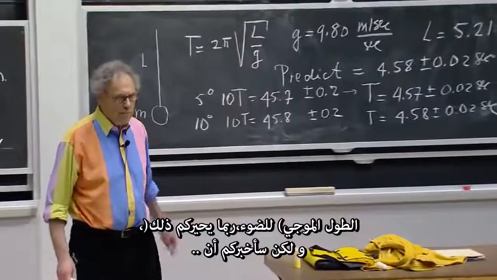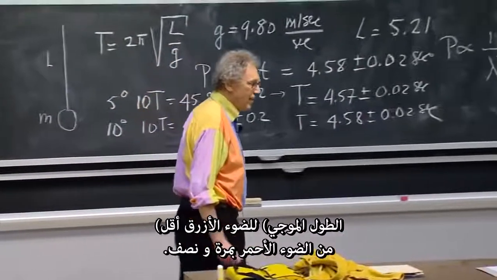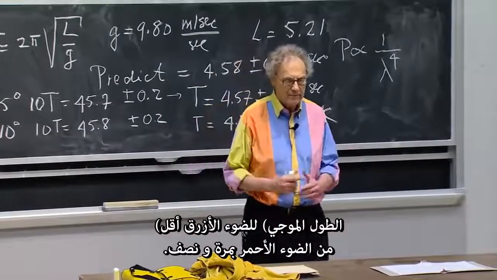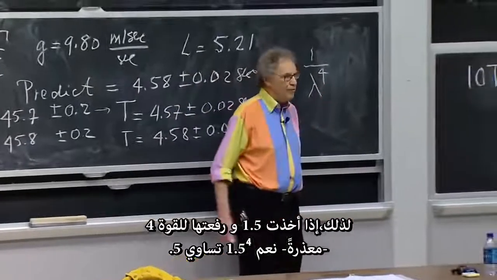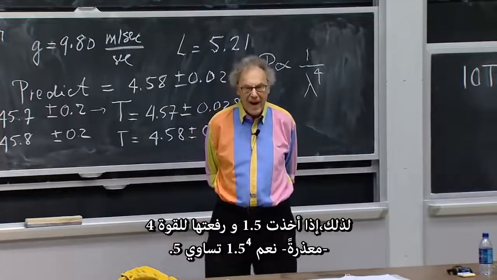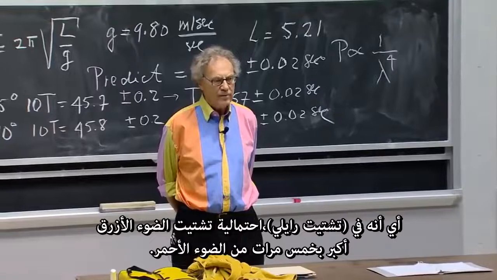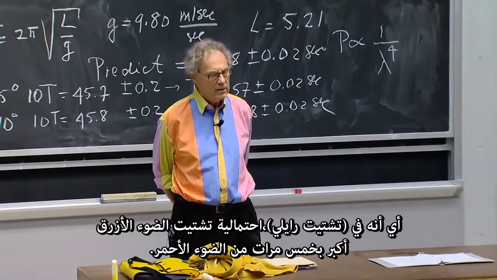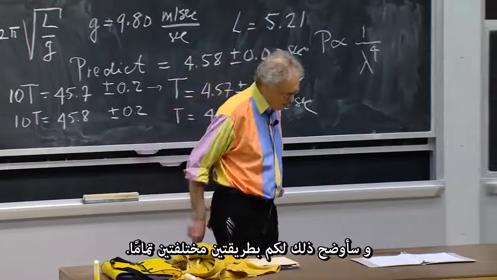But I will tell you that blue light has a wavelength which is about 1.5 times lower than red light. And so if you take 1.5 to the power 4, you get 5. And that means in Rayleigh scattering, blue light has a 5 times higher probability to scatter than red light. And I'm going to demonstrate that to you